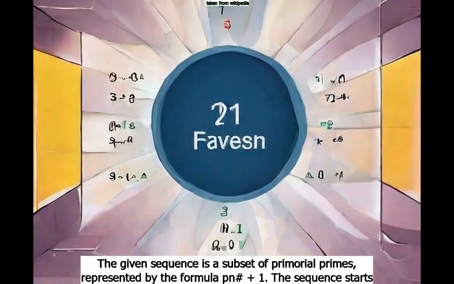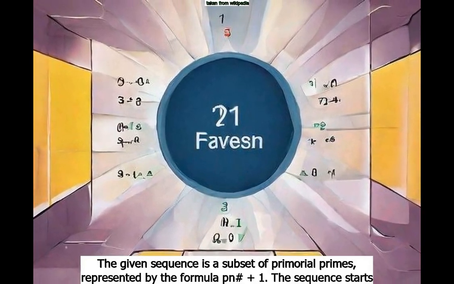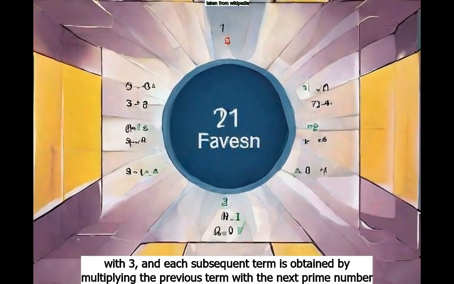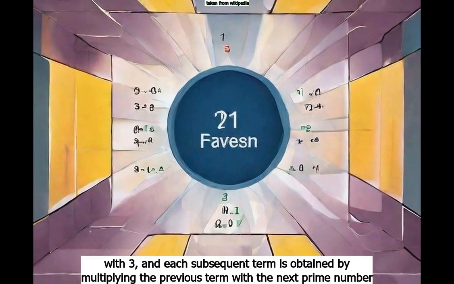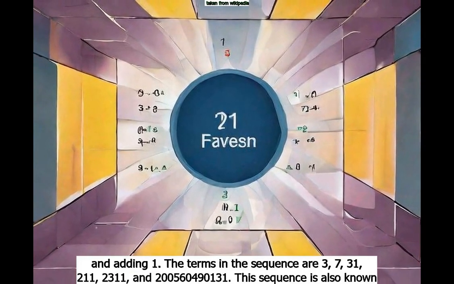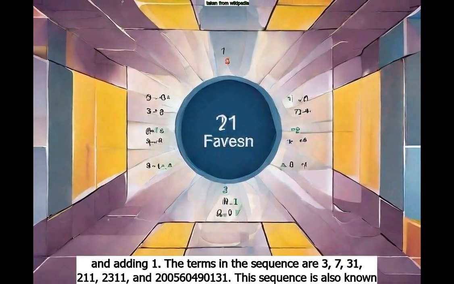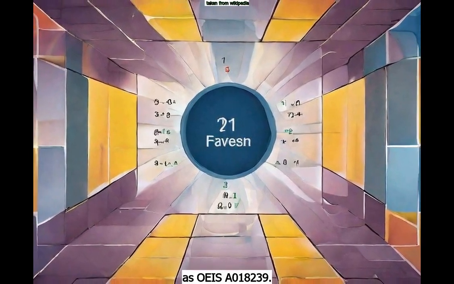The given sequence is a subset of primorial primes represented by the formula P sub n hash plus 1. The sequence starts with 3, and each subsequent term is obtained by multiplying the previous term with the next prime number and adding 1. The terms in the sequence are 3, 7, 31, 211, 2311, and 200560490131. This sequence is also known as OEIS